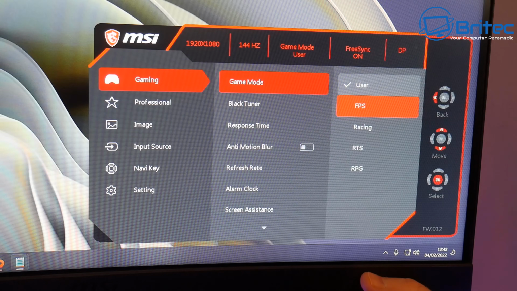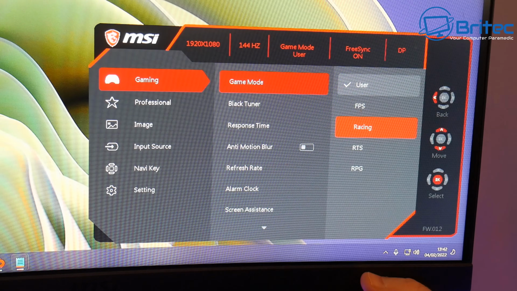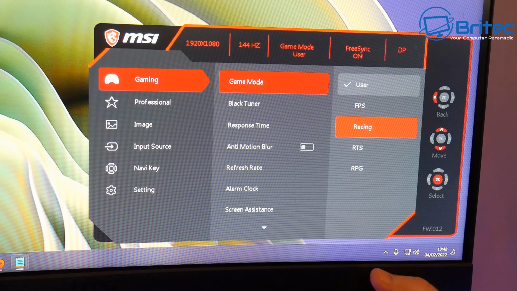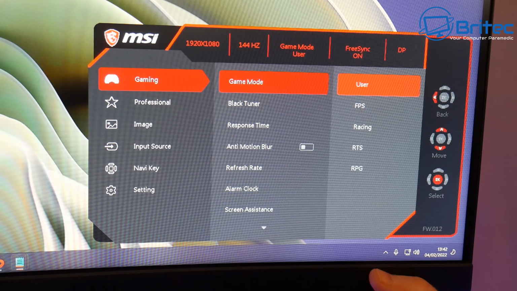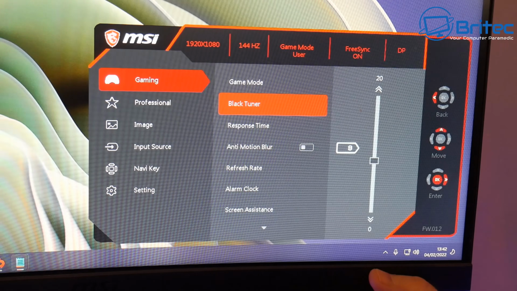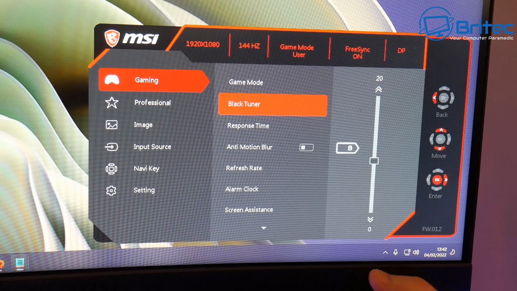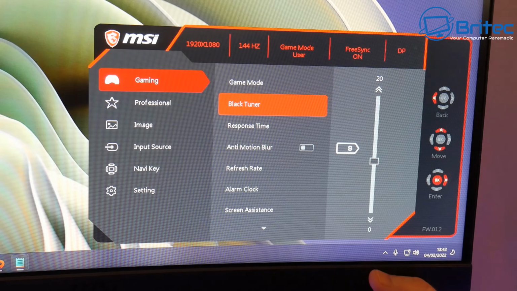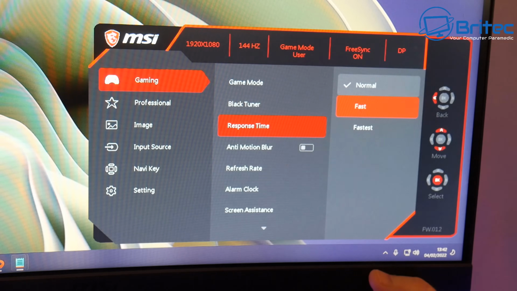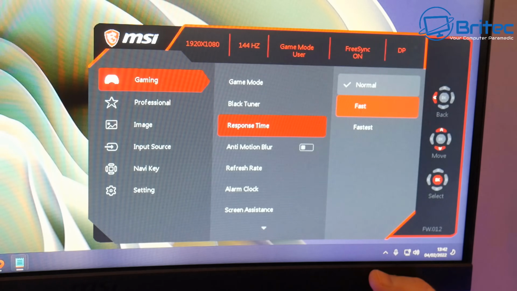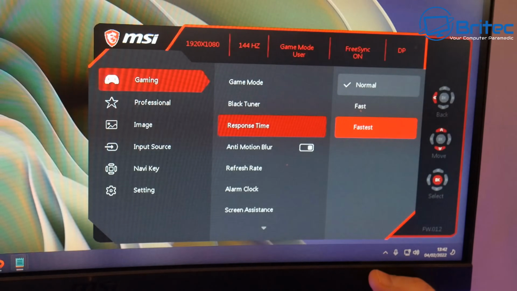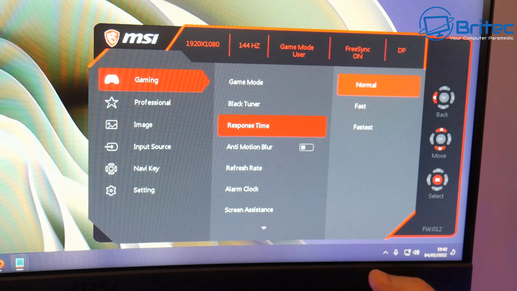If we look at the gaming mode here, you can see we've got frames per second, racing, RTS, and RPG. Because it's a gaming monitor, these are presets that will allow you to select one of these when you're playing that particular type of game, and it's going to give you the best experience when you're playing that game. Looking at the black tuner here, this is going to add more blacks to the monitor. Also, the response time, you can set this as normal, fast, or the fastest. I have this set on normal. If you go to fastest, you will lose a bit of light on the monitor, but I prefer to just